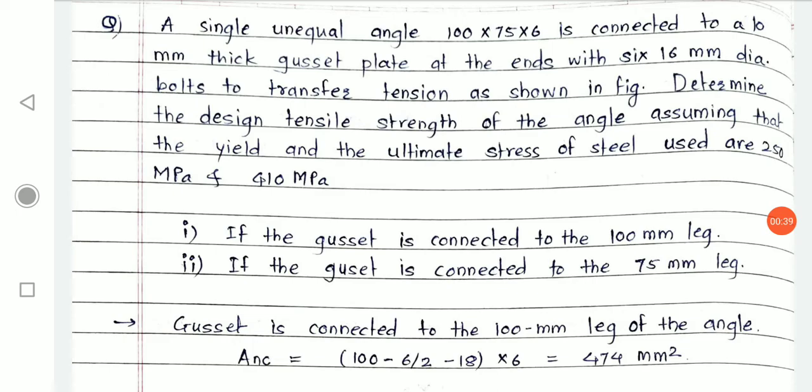Again, the further two remaining parts are the mode of failure due to rupture, when the net cross-section area of your section fails due to rupture, what strength the section gives before the failure, that part is remaining. And the third mode of failure, which is the block shear failure, in that we need to calculate what strength the section shows before block shear failure. That we are going to discuss in this part.